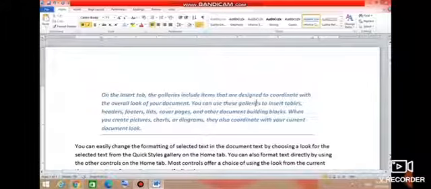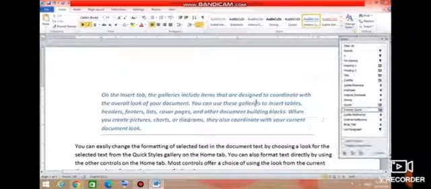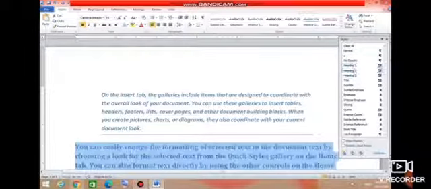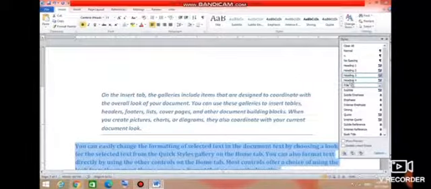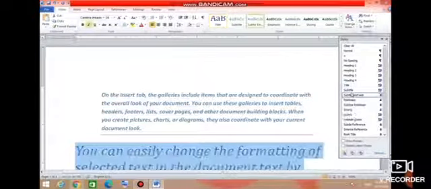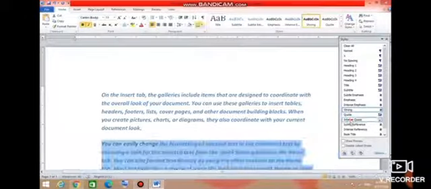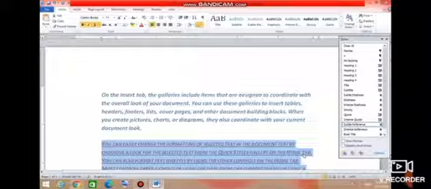And applying styles from the styles pane, click on the dialog box launcher of the style group of the Home tab. Dialog box launcher is available in the Home tab. Yes, through this button we can open the dialog box launcher, and the styles pane opens with a variety of styles listed in it. Select the text in the document on which we want to apply the style. Now click on any style from the styles pane. The selected style will be applied to the text. We can see here.